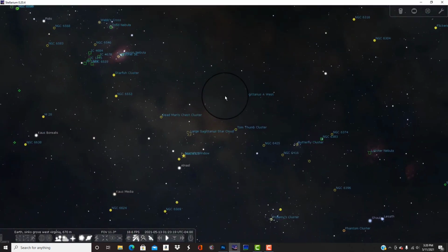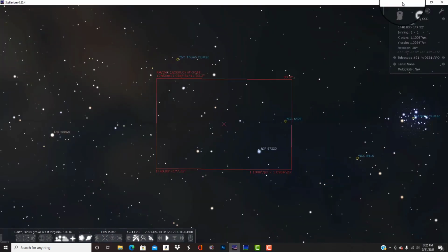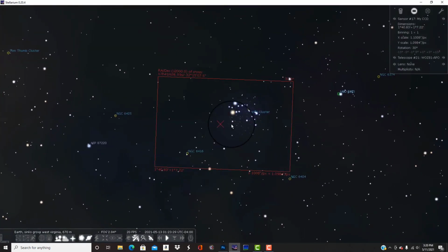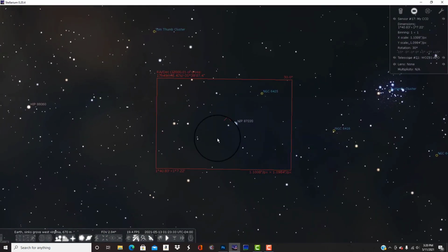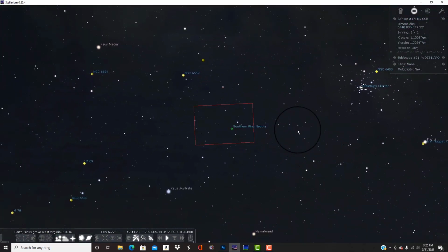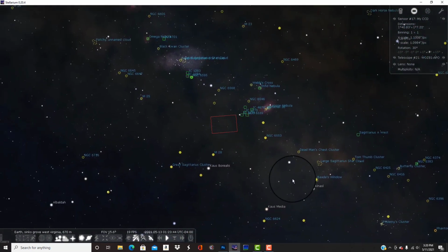But you can zoom in here, and I actually have programmed here it will show my camera sensor, so I can see the field of view through my camera. You can type in, I've looked up this information, so I know what my camera sensor size and pixel scale and all that is. So now if we go in here, we can zoom in and see that